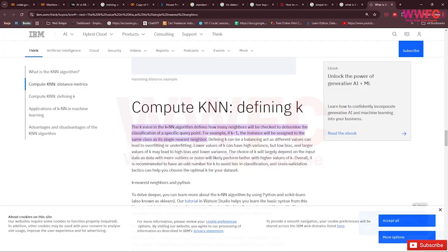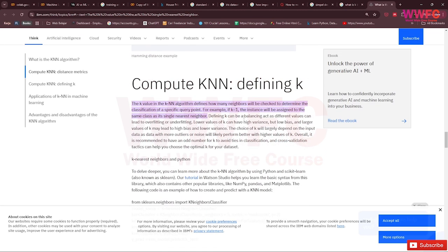So the value of K in the algorithm defines how many neighbors will be checked to determine the classification of a specific query point. For example, if K equals 1, the point will be assigned to the same class as its single nearest neighbor. Defining K can be a balancing act, as different values can lead to overfitting or underfitting. A lower value of K can have high variance but low bias, and a larger value of K may lead to high bias and lower variance.